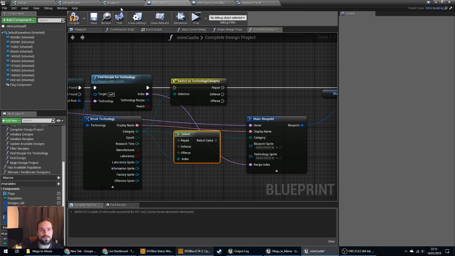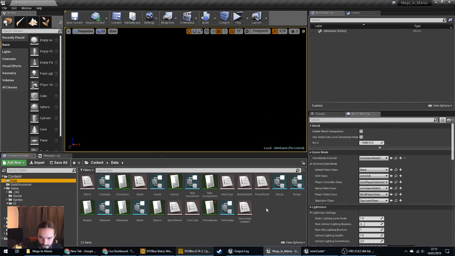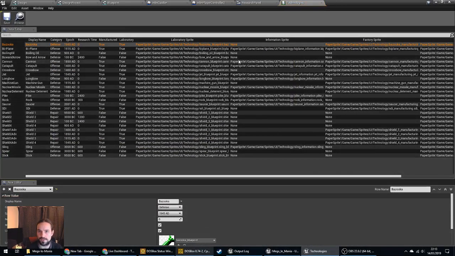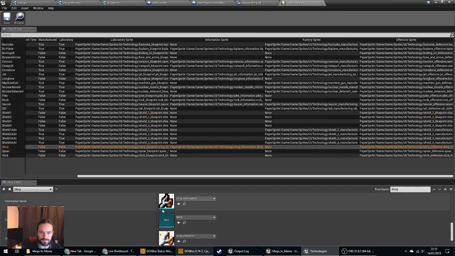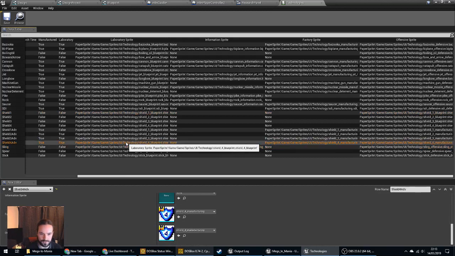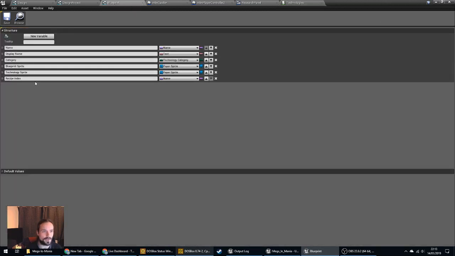I don't know where the shields are. Back to our data table. So I thought I had 3 sprites for them, but obviously they don't. Shields have a blueprint and they have an offensive sprite. So everything's got an offensive sprite. Some things have a factory sprite. Can't really remember what the info is. Oh, the info is for the minimap. Yes. Okay, I remember now. So our blueprint does need a